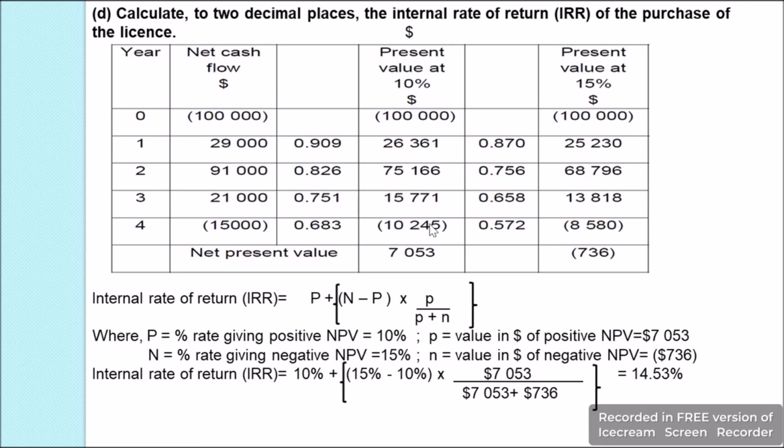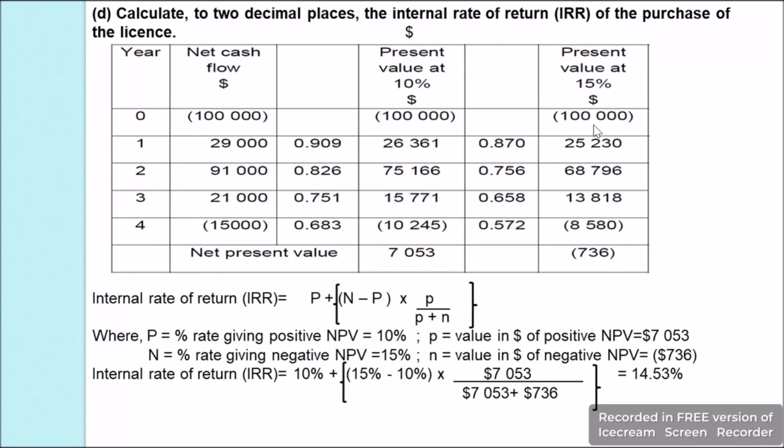Now what do we do? We take these present values and add and subtract. That is negative 100,000 plus 26,361 plus 71,166 plus 15,771 minus $10,245. So when we do this, we get the net present value for 10% as